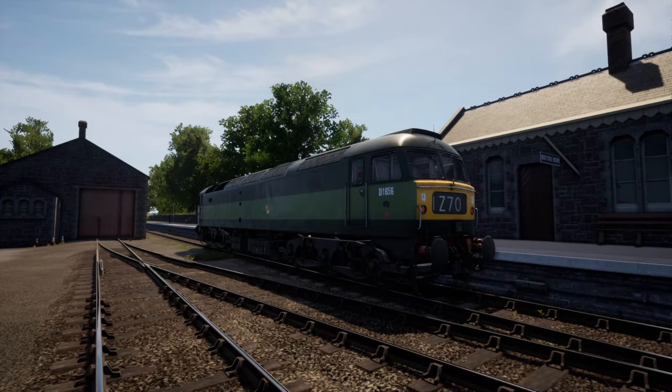So there we are. The West Somerset Class 47 is worse than the Northern Trans-Pennine version, so naturally that's why I drove it. I don't know why I've driven it,